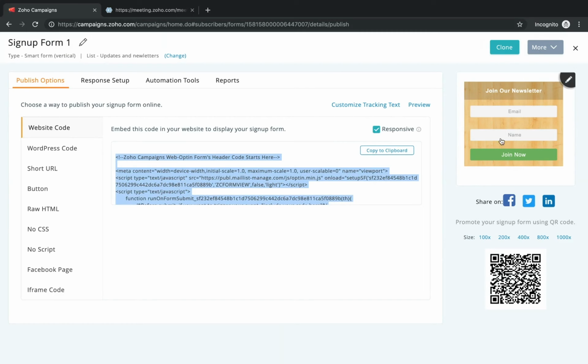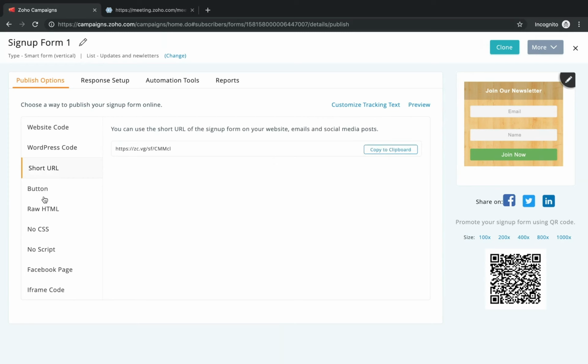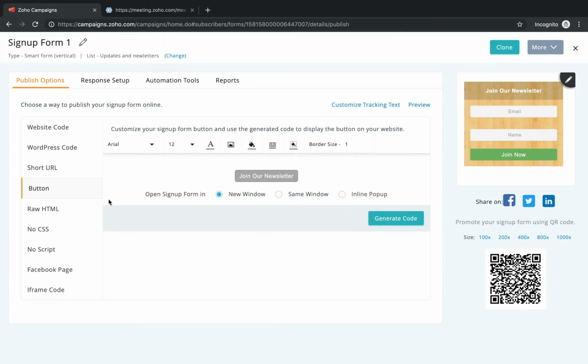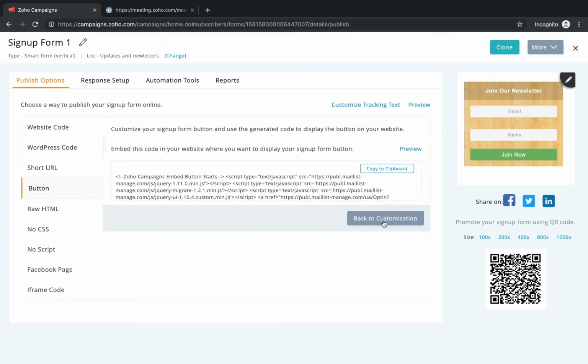So you will also get the WordPress code, the short URL, the button URL, where if you generate the code, you'll be receiving a code which can be copied and pasted to any of the call to action buttons in any of your emails that you're planning to send them. So yeah, that's how you create a sign-up form.